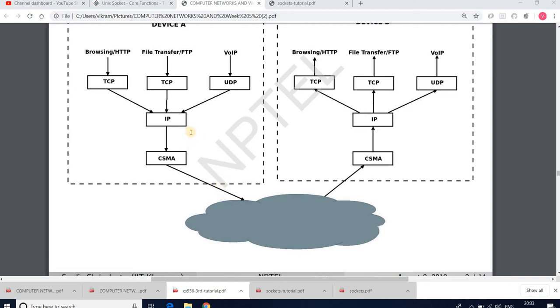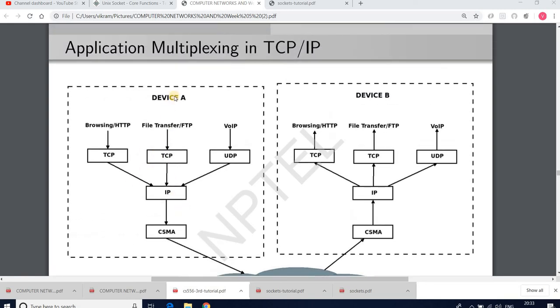So whenever device A is communicating with device B, if you are doing some kind of browsing application, that is a browsing application using the HTTP protocol.